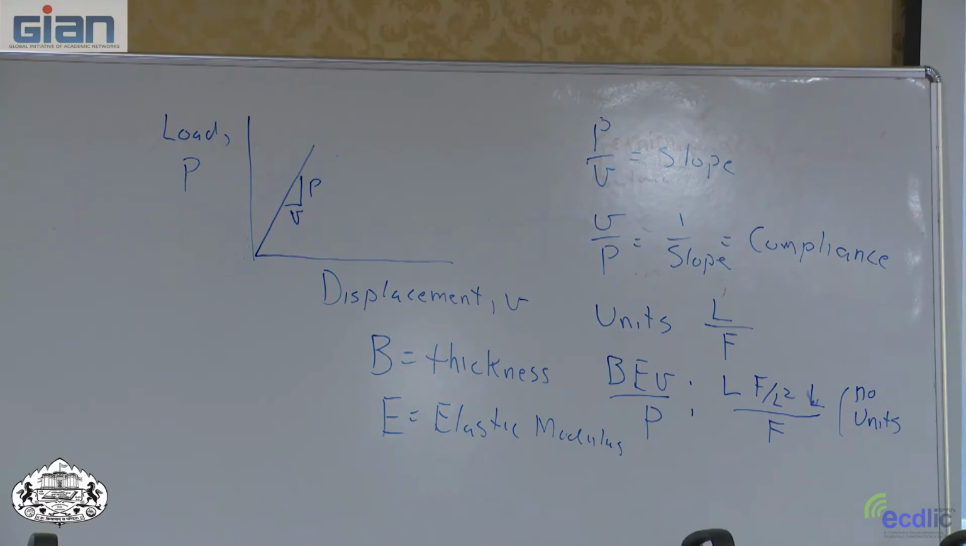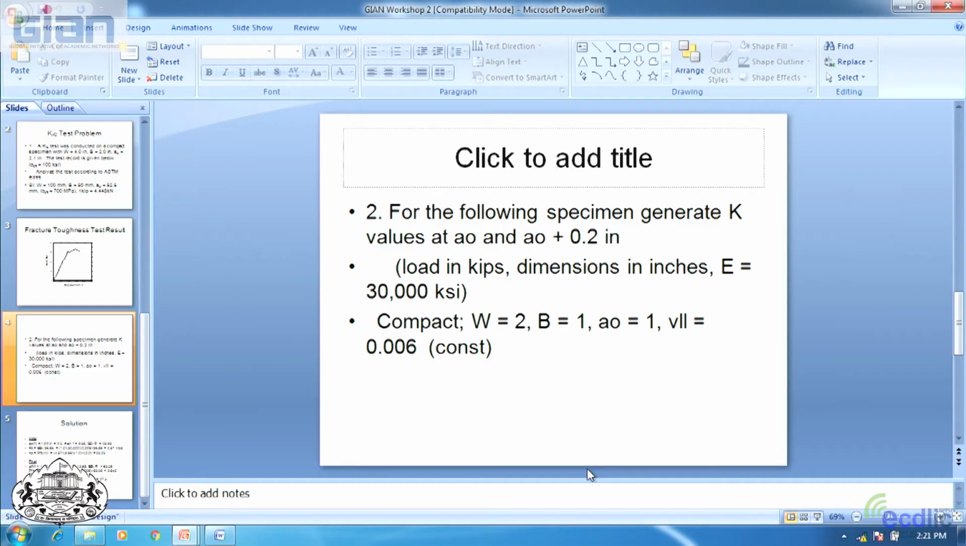So I made up a problem like this. Get K values at initial crack size and crack size plus 0.2 inches. Load is in kips, dimension inches. E is 30,000 KSI. That's our normal engineering units for steel. The compact specimen, W is 2 inches, B is 1 inch, A is 1 inch,